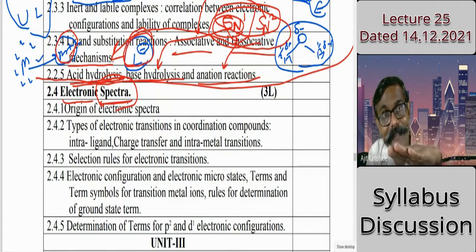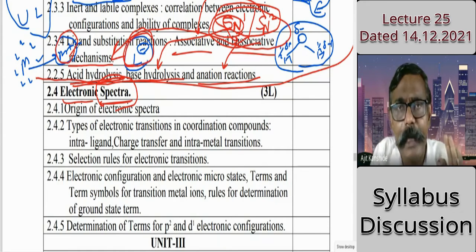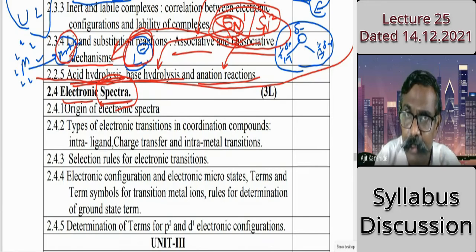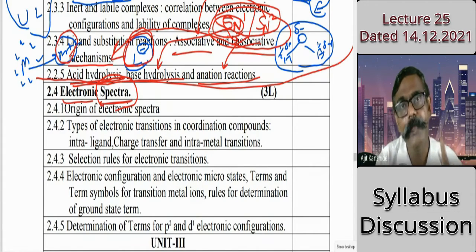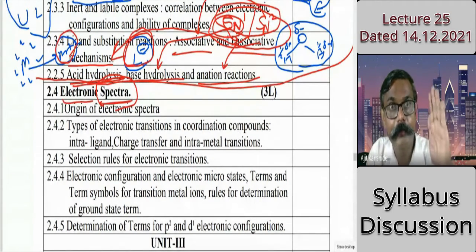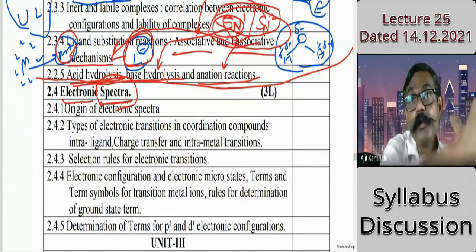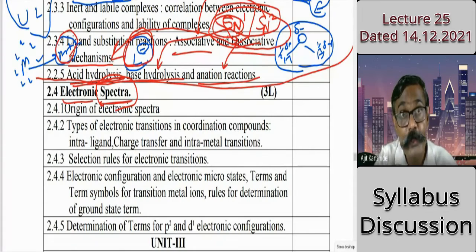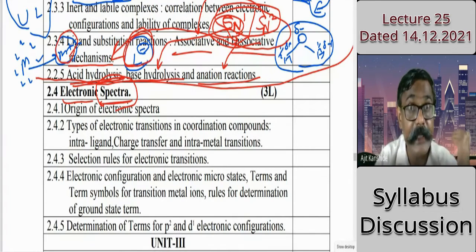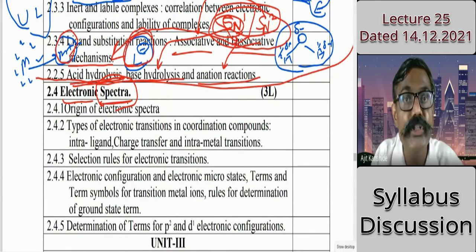If an electron is excited from low energy to high energy, there will be absorption. The reason may be anything: emission, return of the electron, or absorption, excitation of the electron. There will be electromagnetic radiation dealing. The wavelength which is absorbed will be absent there, and the remaining wavelengths will be there. So the wavelength which is absorbed, that is our absorption spectrum. The wavelength or wavelengths which are emitted, that is our emission spectrum.